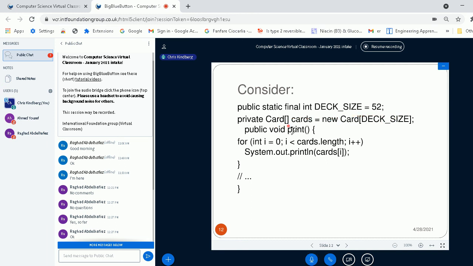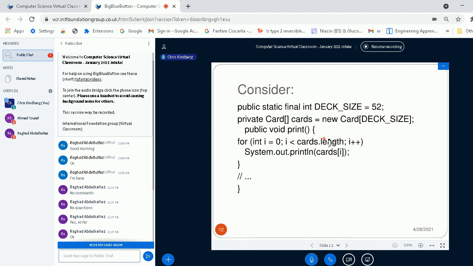And what I'm doing here is to put a little routine called print. For i starting with 0 all the way up to, but not including, cards.length, which is 52. I've declared a cards object, and it contains a length field. So cards.length actually returns the value 52.